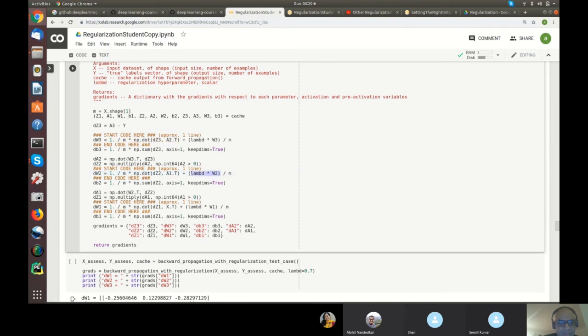So same thing happens with the next layer W's, and same thing happens with the other layer of W's. So dBs remain the same, we don't touch them, and theoretically, even those can be regularized, but since the biases are only one per neuron, the total number of parameters are just the total number of neurons, while the weights are essentially in each layer